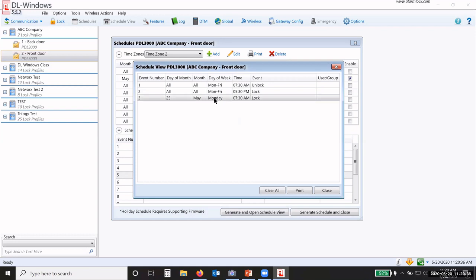So lock always overrides unlock. If it occurs at the same time and the same day of the week, then it will always override it. Okay, you have to set them for the exact same time, because these are trigger events. Okay, these are not just an